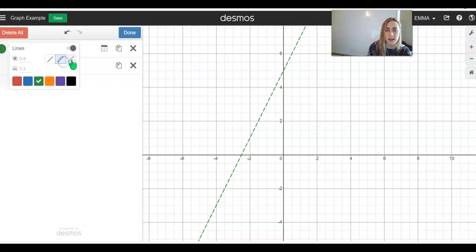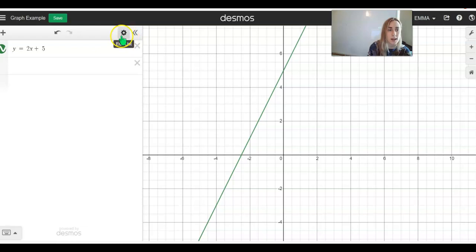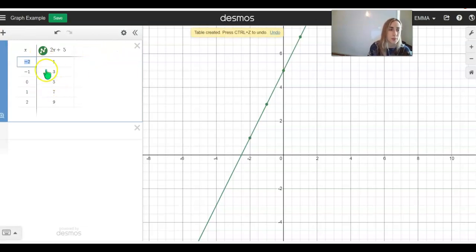I can make it dotted or solid, and then if I'm interacting with it and I need it to turn off and on, I can always, once I'm done editing, just click here to click it on and off. Something else that's really cool for when you're teaching linear relationships is to show the table that goes along with the line,